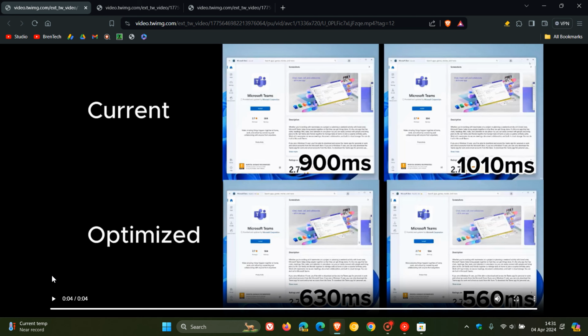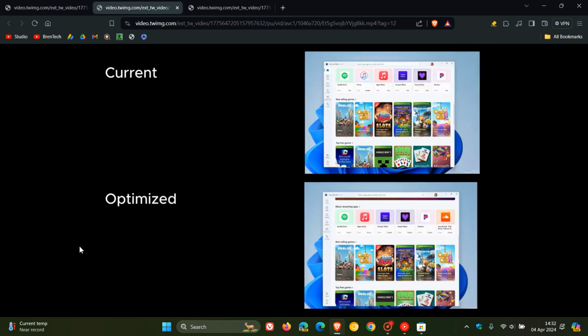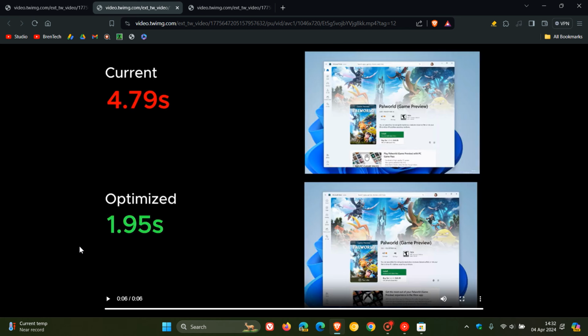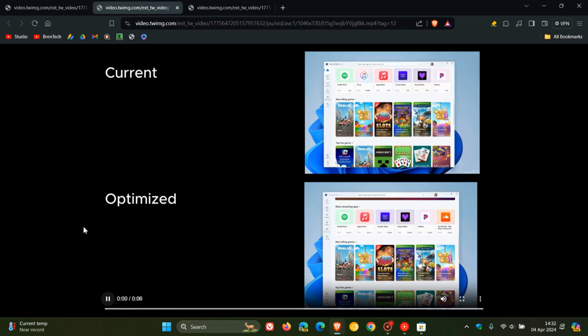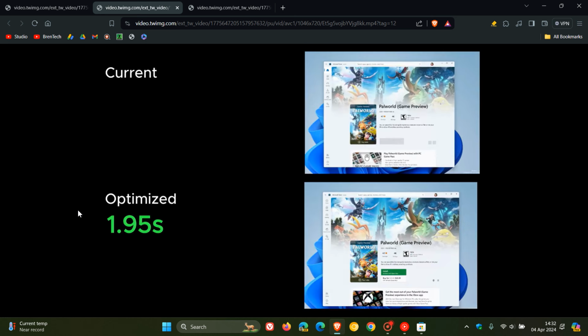And they also say that they've optimized how the application manages entitlement and licensing, resulting in the buy button being displayed approximately 1.5 times faster. So that's the next little example. So if we watch that, there we go. So they've optimized how the application manages entitlement and licensing, resulting in the buy button, according to Microsoft, being displayed approximately 1.5 times faster. And then the next improvement